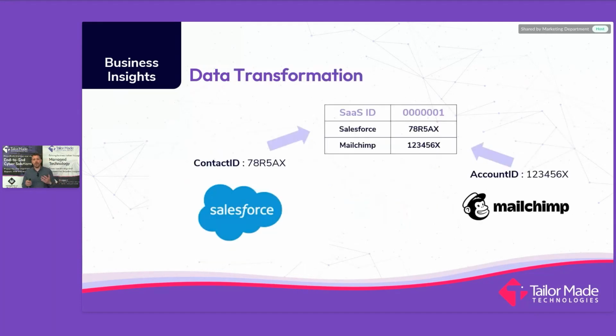So the way this works is we effectively transform the data. We create our own tables, our own records, and we stitch these things together. Without getting too technical, we've got a contact ID maybe in Salesforce and an account ID in MailChimp. Effectively, we create a little table that links all of our users together, and we give it our own unique ID, and we reference that unique ID going forward. So I'm not going to hang on that too long, it's pretty technical. Happy to have a chat with you if you want to get into that, but let's move on.